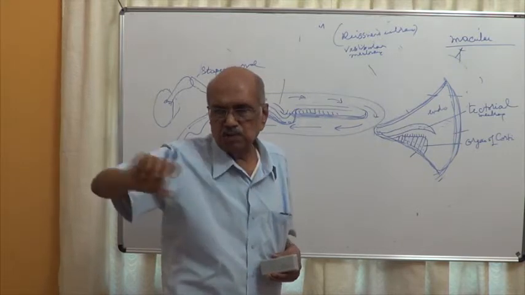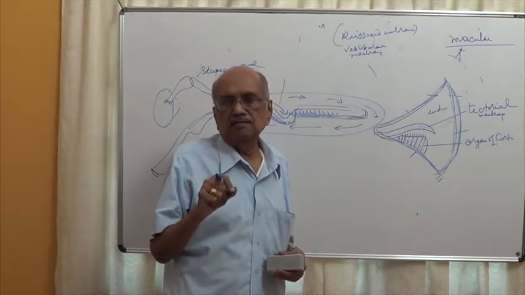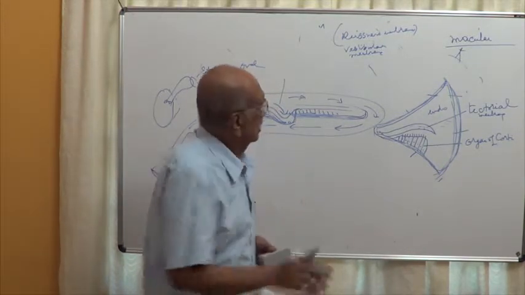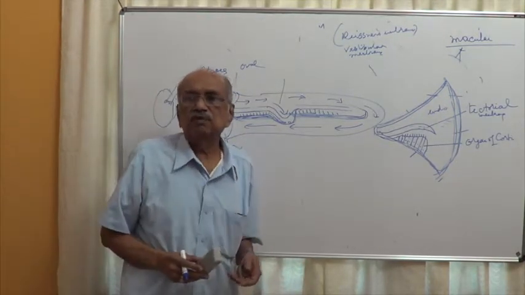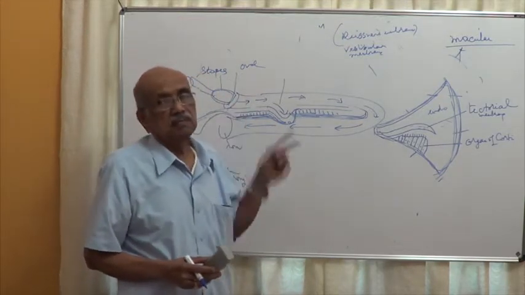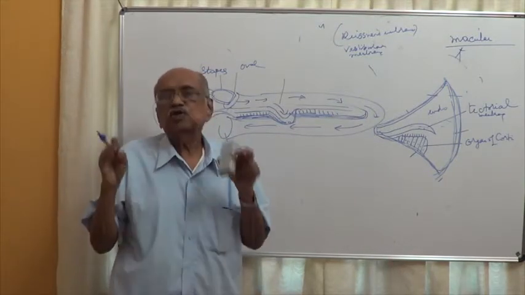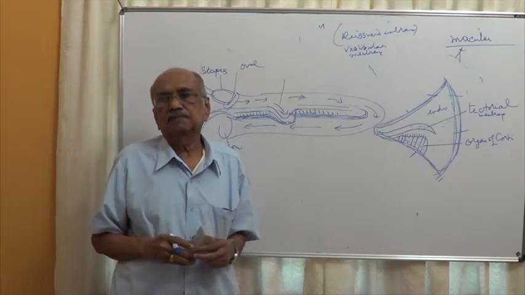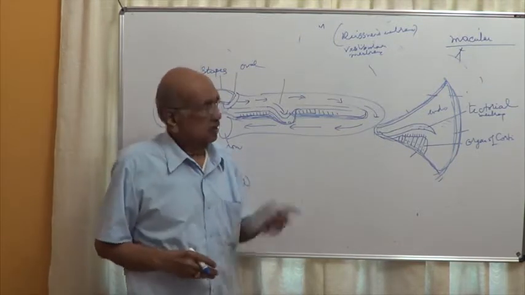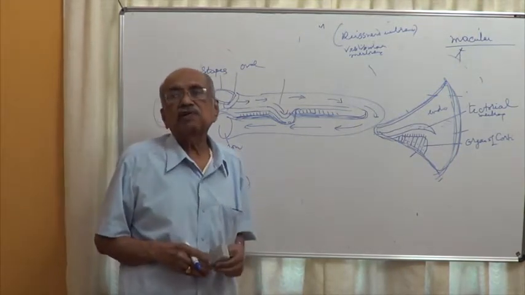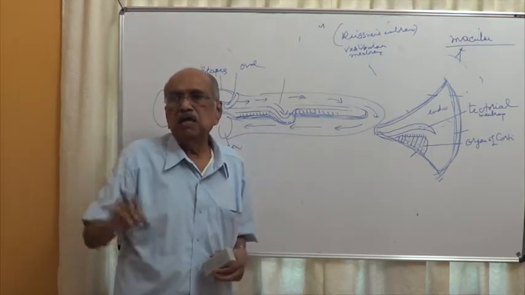The whole tube responds to a sound wave arriving at the oval window, through the agency of the stapes. The fluids also vibrate in response to the sound. They create a wave, and the wave directly affects the membranous labyrinth